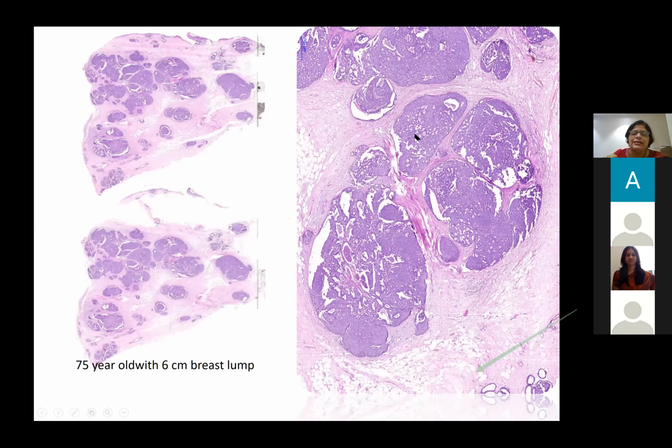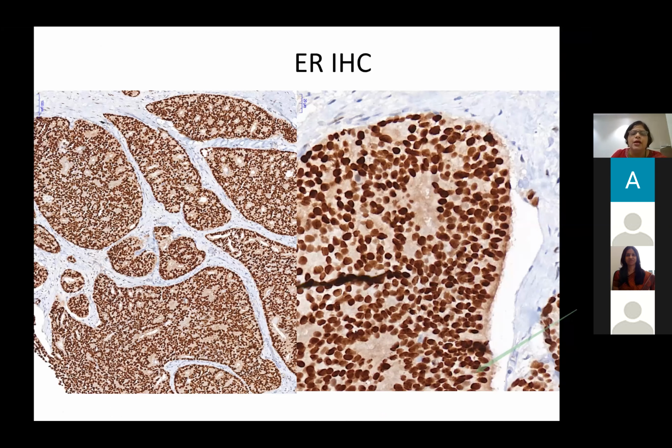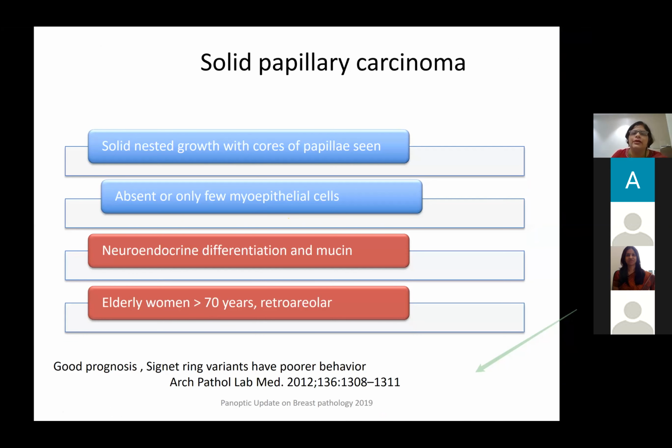Now, if you look at this lesion, it is obviously a DCIS, but when you throw in a P63, you don't find any myoepithelial cells. So it's very similar to your encapsulated papillary carcinoma. The ER is diffuse and strongly positive. And this is an intraductal variant of solid papillary carcinoma. If I had to throw in a chromogranin, it often would be positive. So they show neuroendocrine differentiation, and they're always in women above 70 years of age. They have an exceptional behavior, almost 98 to 100% survival.